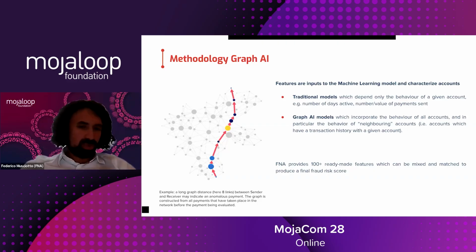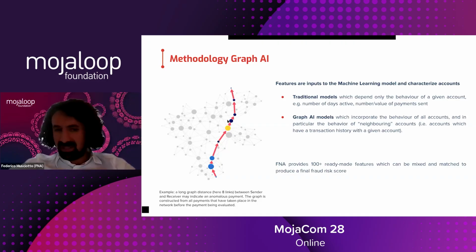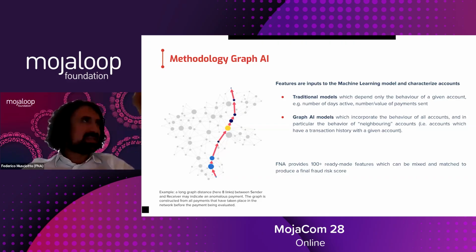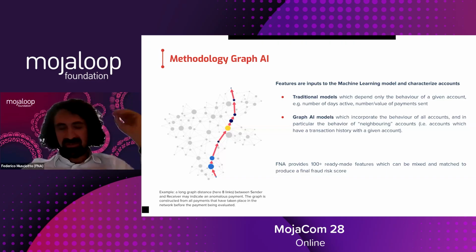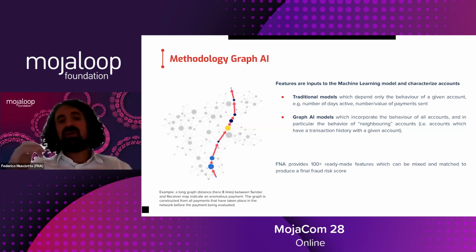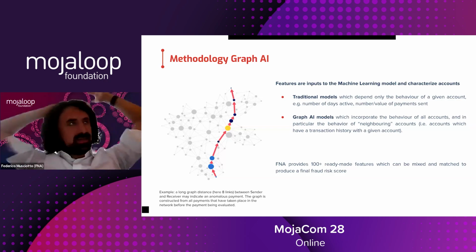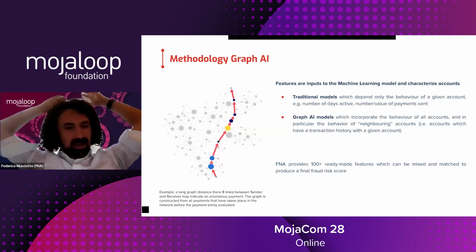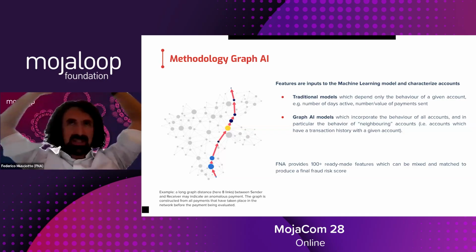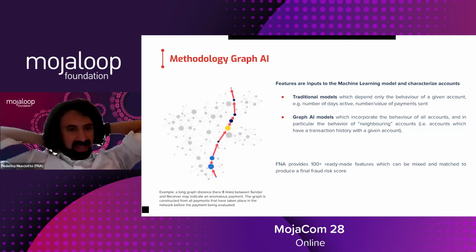The basic idea is that if we look at any of these accounts, we can engineer features based on its past activity, using exactly the data that I showed you. So we can look at how much it was sending to how many different accounts, how much it was receiving, what the velocity of its funds was, the net balance, the net balance at regular intervals, and things like that.